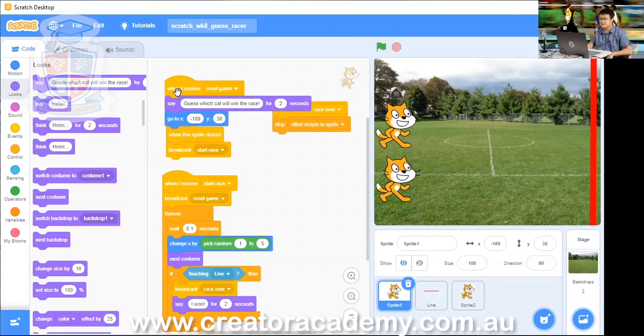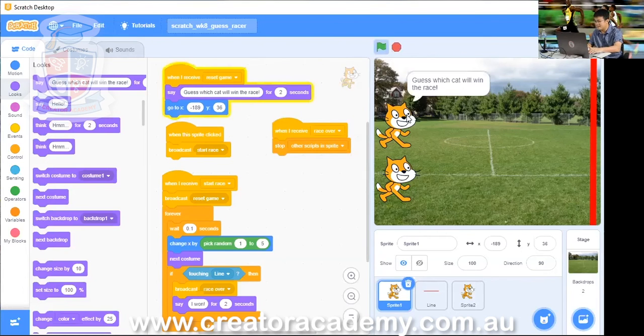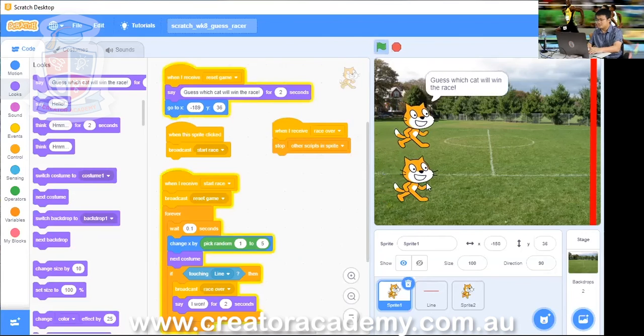And then we can make it so that when we reset game, the cat will say, guess which cat will win the race for 2 seconds. So now when we hit the flag, the cat's going to say, which one are you guessing? And then you race.